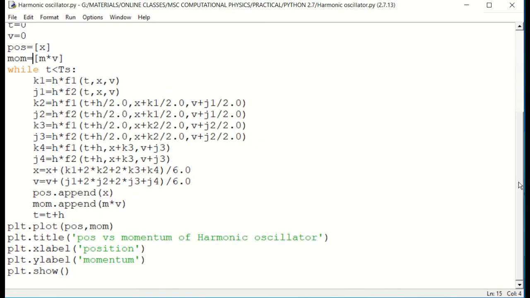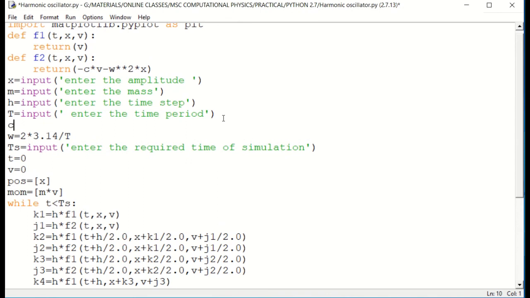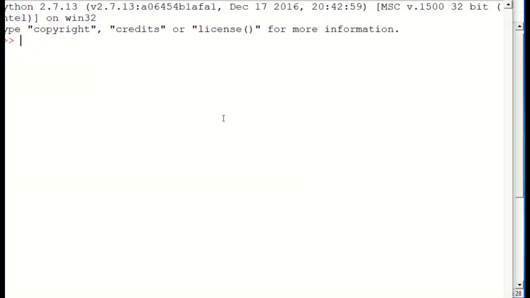So initially we have a damping coefficient, so we have to read that as well. So we'll write C equals input, enter the damping, so that will make it clear. Okay, we'll check it.